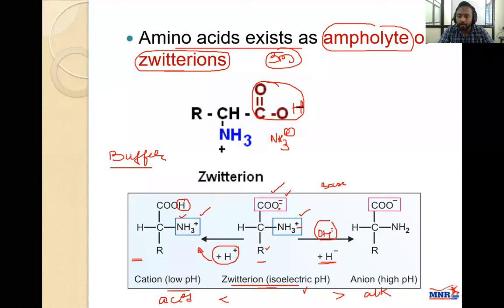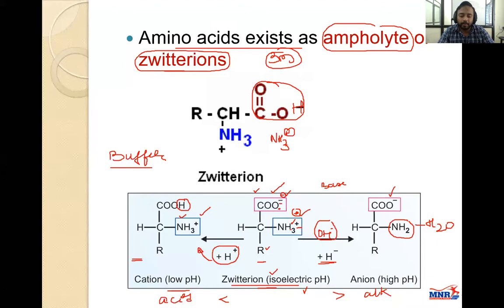So what is this hydroxyl ion doing? It will take one hydrogen from this Zwitter state, accepting one and converting it into water. So now there is no plus charge. The plus charge is removed. What is left is the anionic charge, the negative charge over the amino acid. So what do you understand by this? At a particular pH, the amino acid carries an equal number of positive and negative charges. That is called a Zwitter ion.